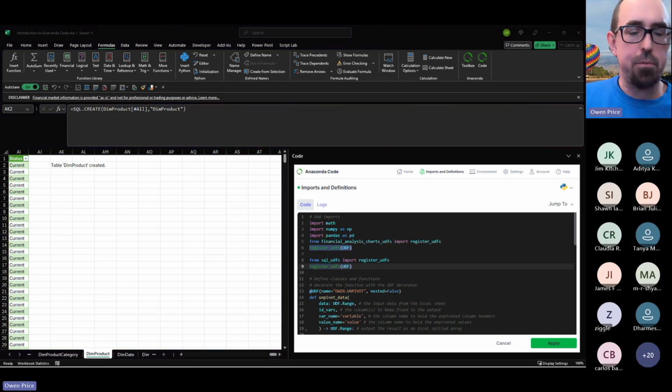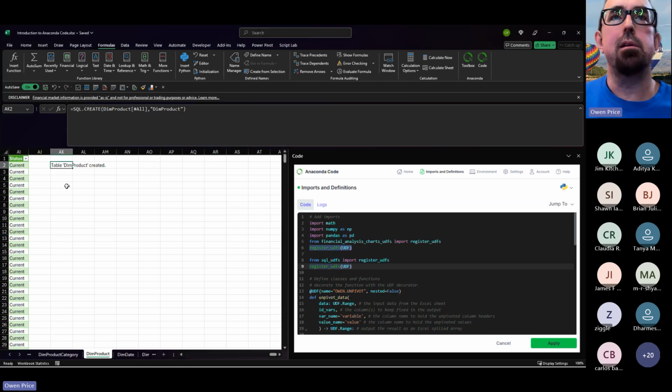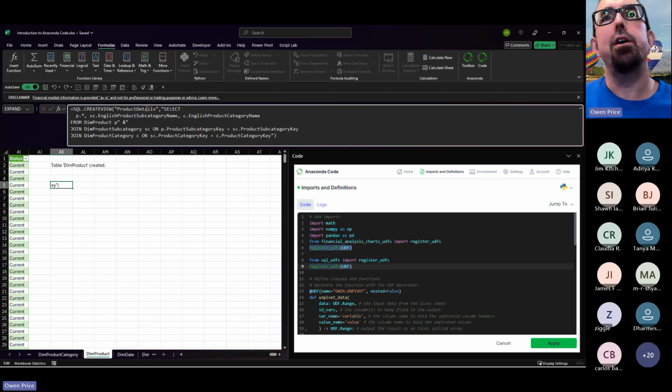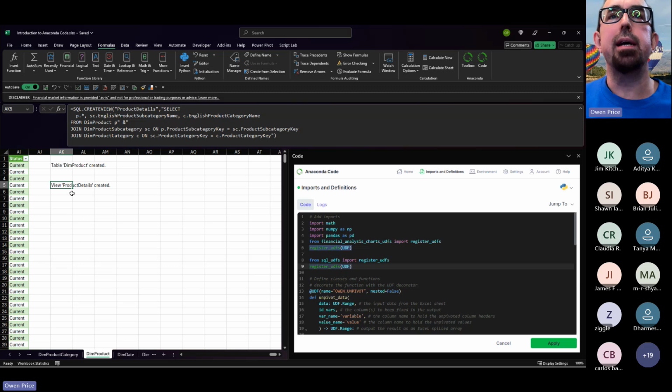Yeah, so I found that I was writing queries to join all of these tables together, but the design of this data warehouse, splitting out product category and product subcategory, is kind of tedious if you have to do it over and over again. And so that's what prompted me to create this create view function. In the create view, I just pass a SQL statement, which is basically doing the joins. It will create a view named whatever I pass into the first parameter. So by doing that, I can now